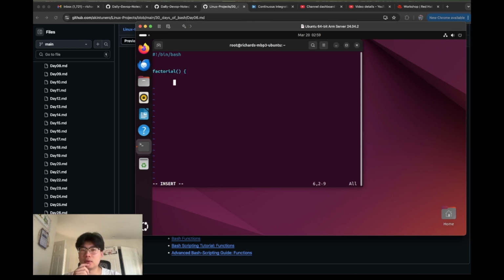How should we do this? Okay, so we can use recursion. I know factorial questions love to use recursion, so let's go previous equals factorial, and then another first input minus 1, and then we echo